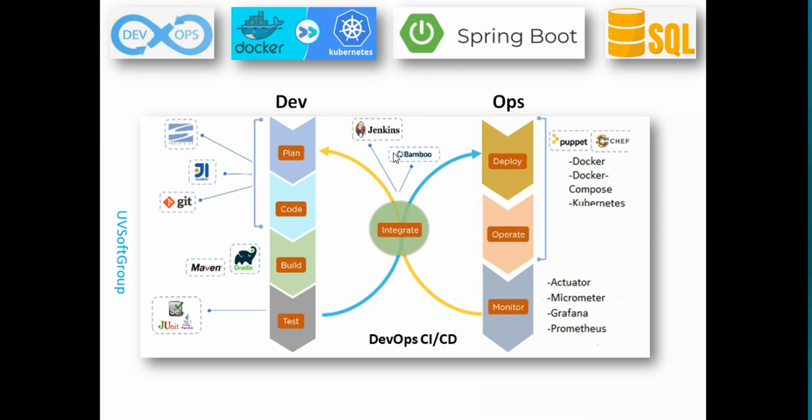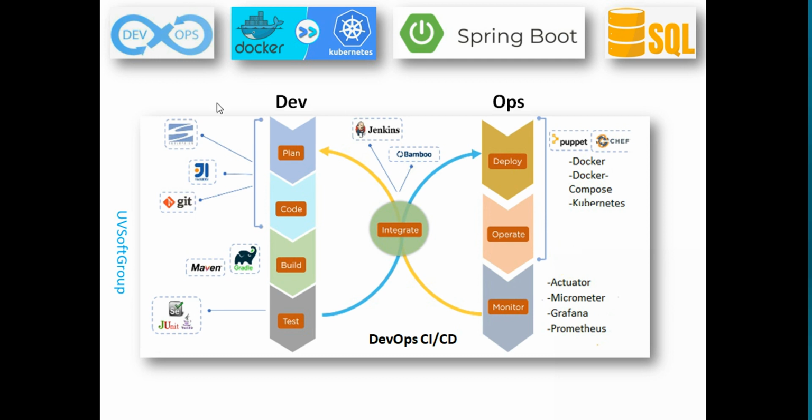If you are using Bamboo or Nexus, Bamboo or Jenkins, then Jenkins and Bamboo themselves do all the job automatically. You just need to configure your repository and the respective build tools and select the respective configuration for your Docker or Kubernetes, and it automatically builds your Docker image and deploys the Docker image into the respective environments. That's the idea. So those are the main points of how DevOps works and how DevOps CI/CD works.